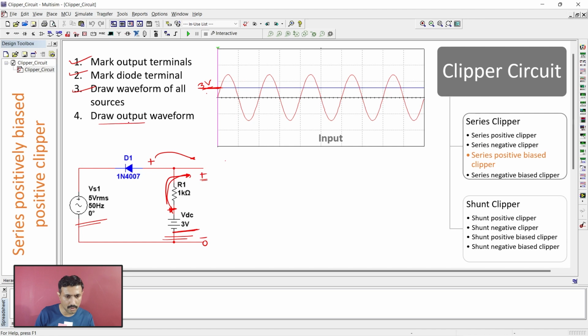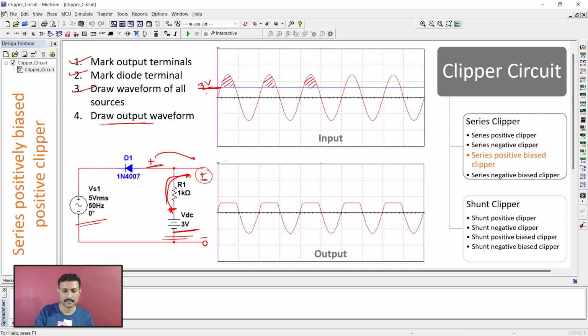So now we'll draw the output waveform. So which terminal is facing the positive of output is positive. That means we need to clip off this section of the waveform, the section which is above the DC line, because now this DC line is our reference. So the output waveform will look like this, right? Now let's go for the next